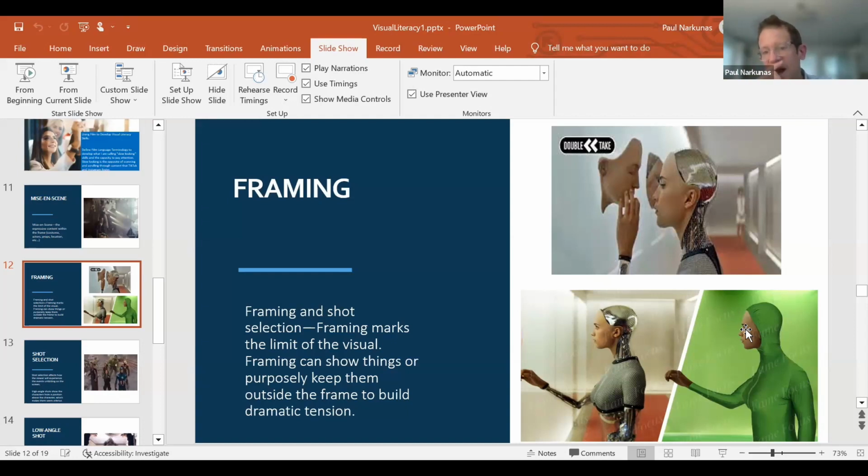This would be the actress, whose name I'm forgetting right now, in a green suit, and all of this would be computer generated after the fact. And it's interesting even to think about how there's another character in the background here that doesn't appear in the previous shot, but will appear a little bit later.